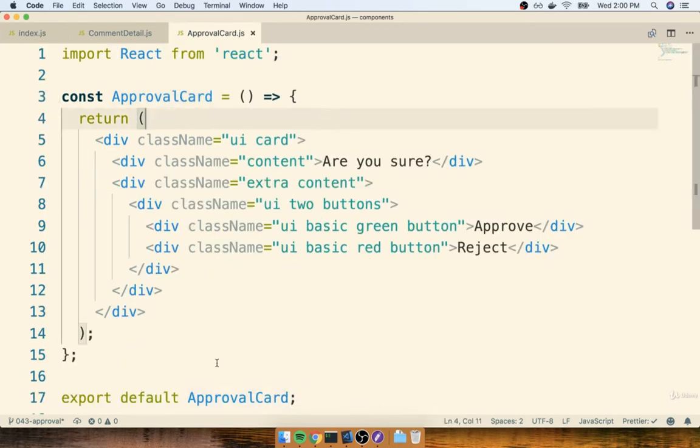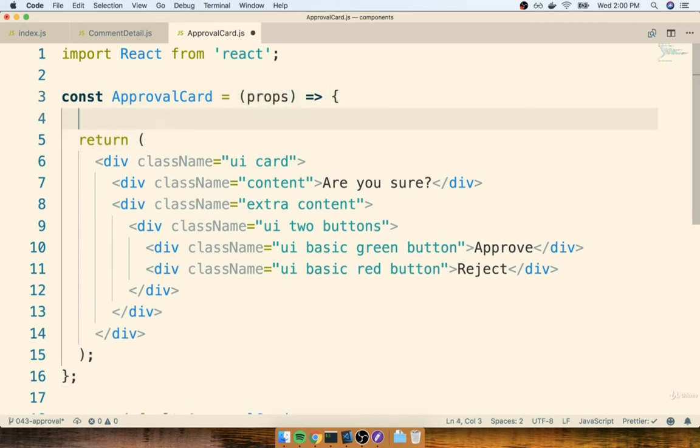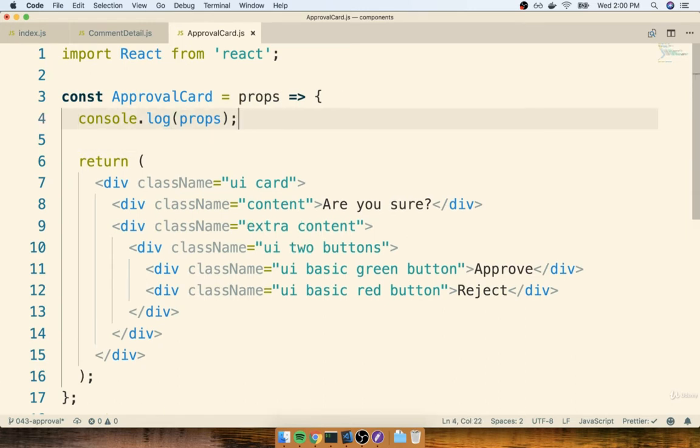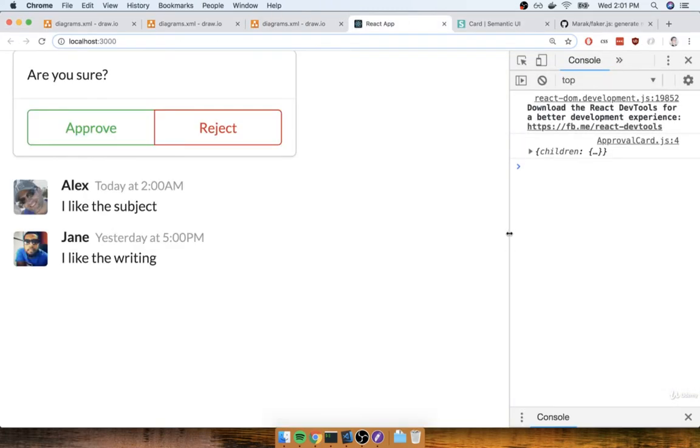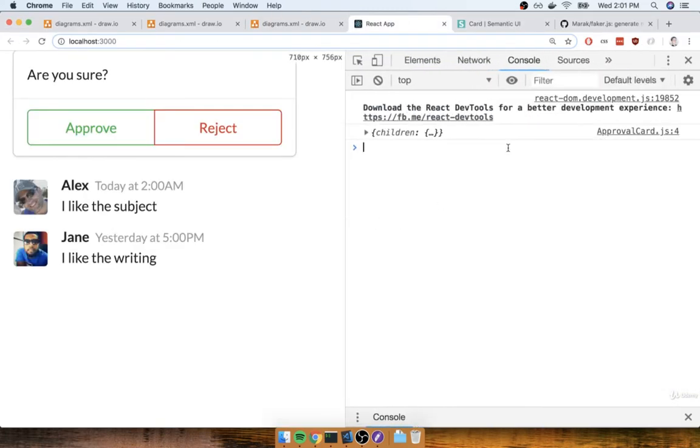Now when we pass this thing in, we have to open up our approval card component. Remember, every function that we put together receives a first argument that we refer to as props. So that component that we just passed in as some configuration now exists on this props object. Before we make use of it at all inside this file, I want to very quickly console log that props object, just to show you exactly what happens. Okay, so I got my console log there, and now I'll flip back over to the browser. So now inside of my console over here, you'll see that console log.